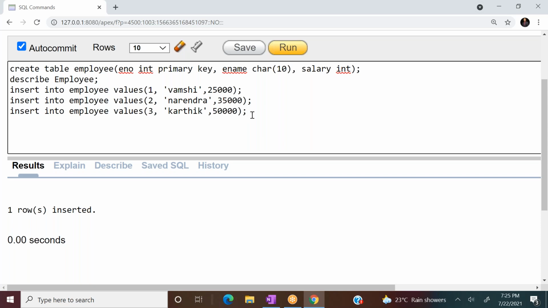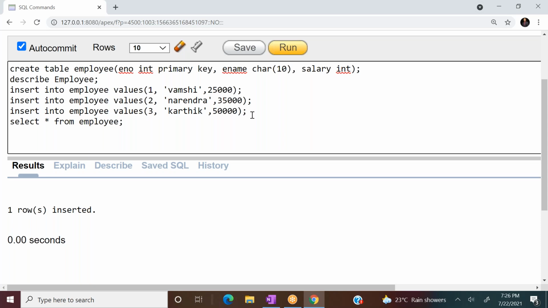After inserting all the rows, if I want to see what is in my table, that is, to display the table, you have to use the command select star from employee. This is a query to display the entire table.